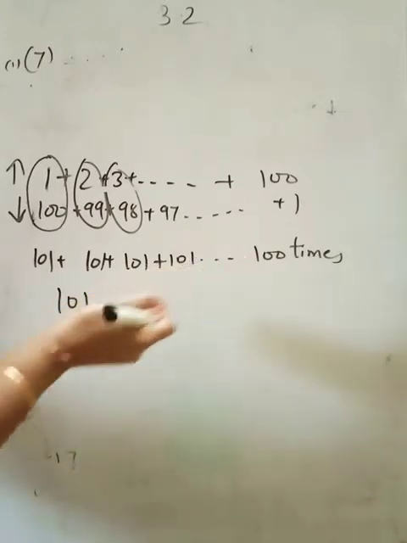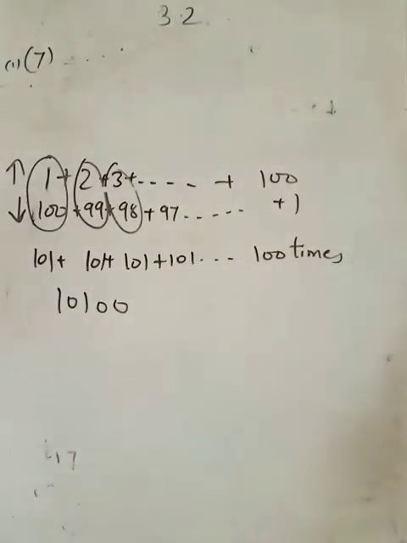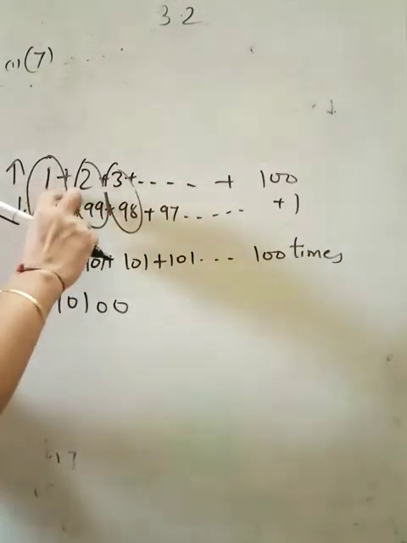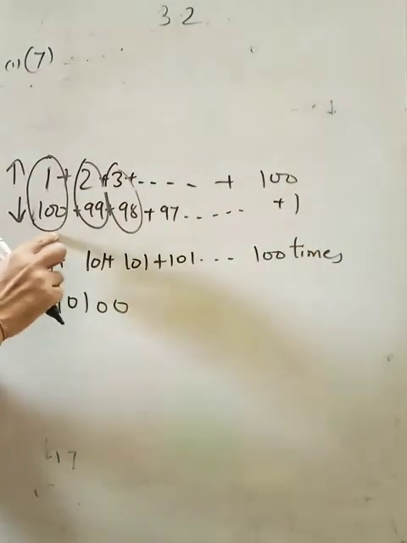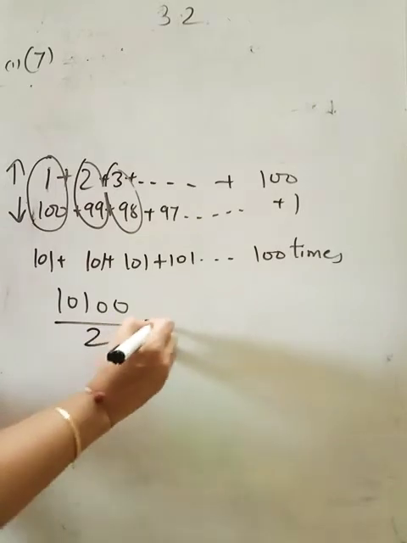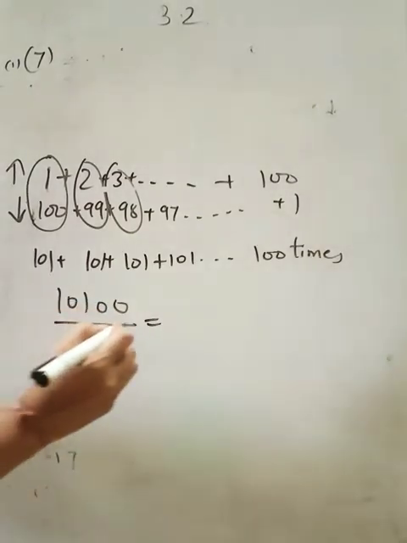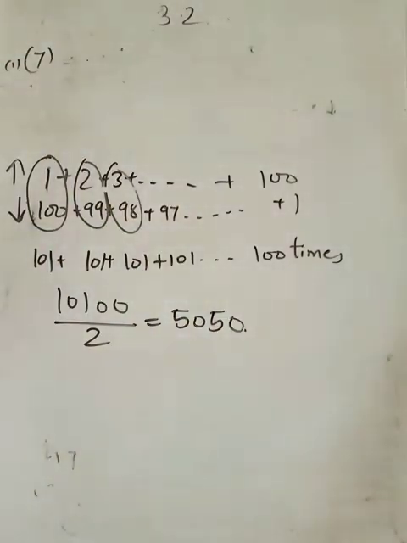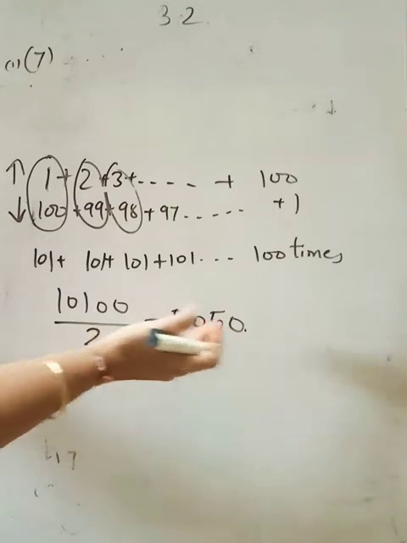Orally होगा तो 2 0 लगा दो, है ना? करेक्ट? लेकिन ये क्या हुआ? 2 बार एडिशन हुआ. 1 to 100 हुआ, वापस 1 to 100 हुआ ना, 2 बार हुआ. तो एक बार करना होगा तो divide by 2. So the answer will be 5050. Right? So 5050 is the answer of this. And the child showed this calculation.